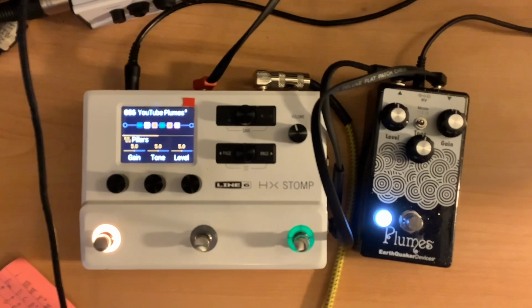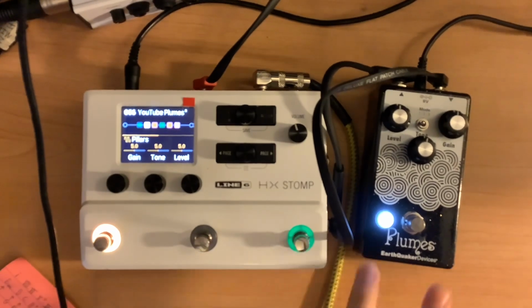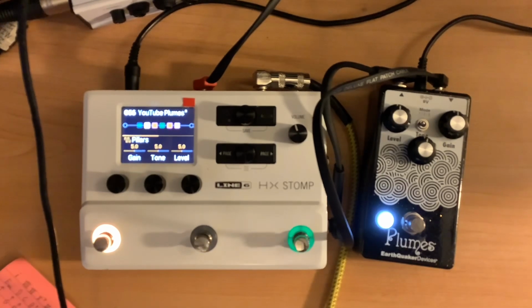So today I was going to take a look at the Earthquaker Devices Plumes versus the Pillars that is now available with the HX Stomp and other Helix products. I think this one was added in version 3.5, and it is one that Earthquaker's name actually is on, and it doesn't just say it's a recreation of a popular one. It doesn't actually say Plumes, it says Pillars, but